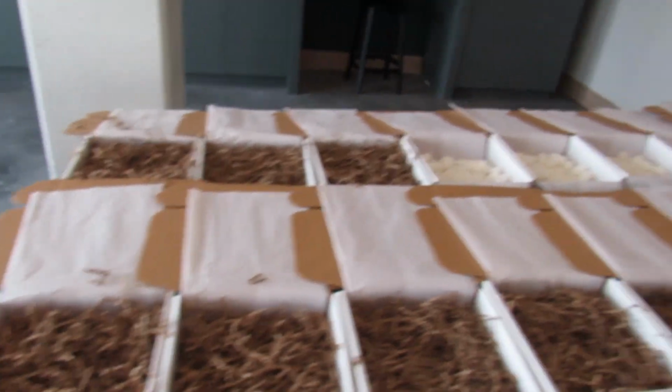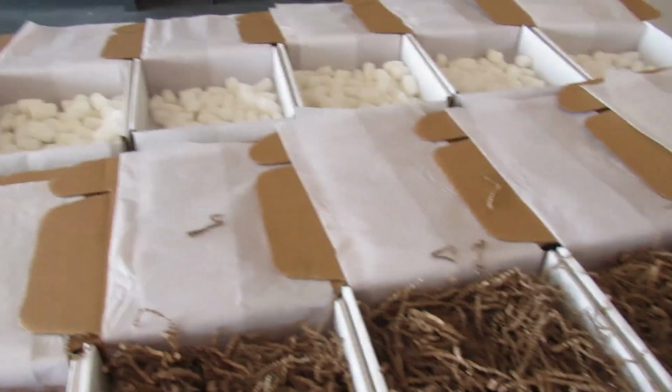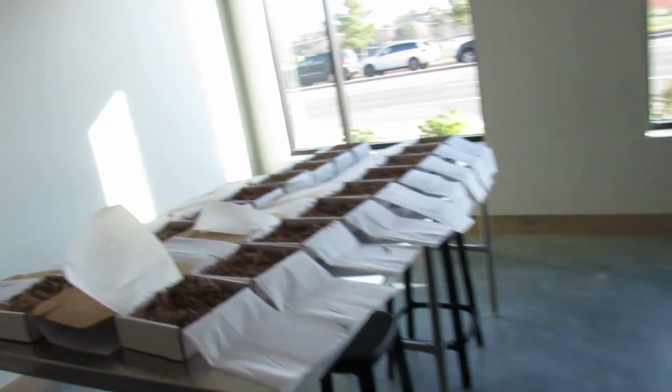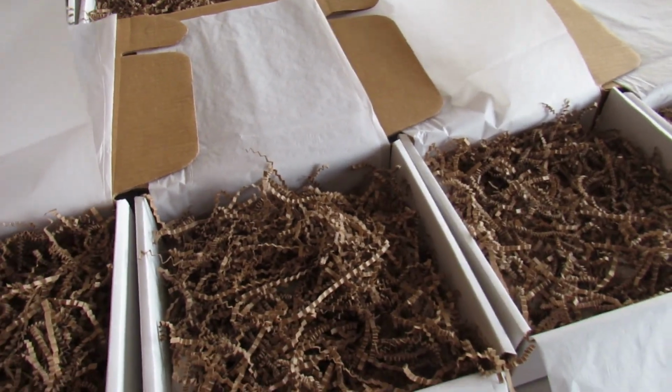So we got most everything. I ran out of a little bit of crinkle paper, and I think I have like 11 more that I didn't have enough peanuts for. So we're gonna get these ones all done, soaked up, and folded and stickered up. It'll still be a huge